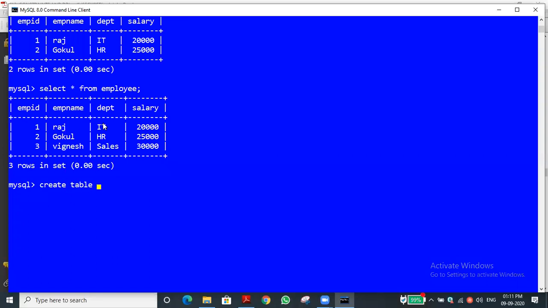Create table. Table name we need to give. So EMP DUP2, I'm just giving duplicate 2. Okay, so EMP duplicate 2, as select. This is the query. That is the command. As select, we given all.